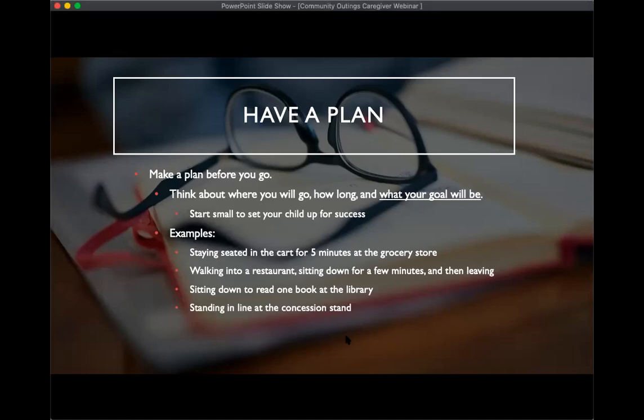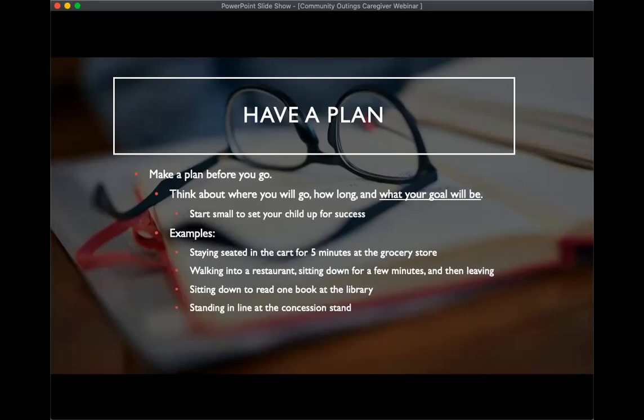So, some examples of some good goals could be staying seated in the cart for 5 minutes at the grocery store. Maybe you've never worked on this before and it's really, really tricky for them. So, maybe you don't tackle the whole store all at once. Maybe you do it in a minute increment or 5 minute increment. Another one could be walking into a restaurant, sitting down for a few minutes, and then leaving.